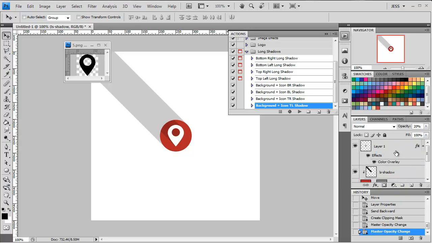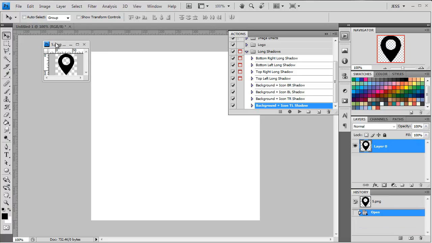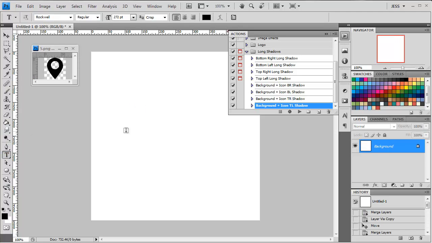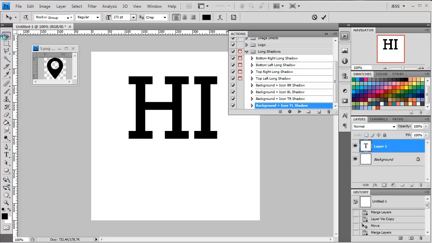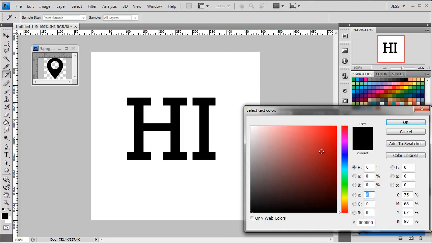Alright, one last thing, just to show you how powerful this action is. You don't necessarily need to use an image like this. Maybe you want to add some text to your website or something like that. You can say hi. This will work on any text layer that you can make in Photoshop. Any font, doesn't matter. Just use the text tool and add another layer with your text on there. Then we'll go ahead and change the color